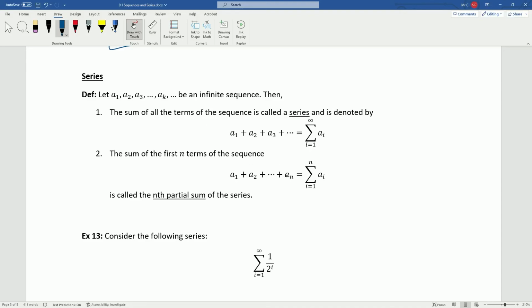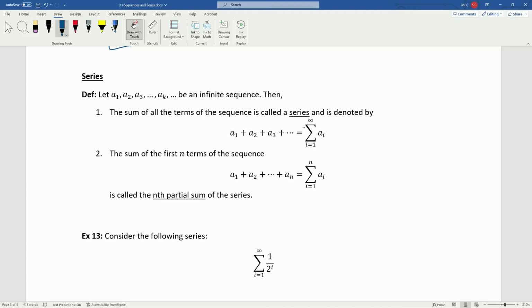So we've been dealing with this already. We were looking at summation notation, but this is just extra terminology. When we're thinking about this in terms of series, if we look at just adding the first n terms, we call that an nth partial sum. Now, here's something to consider. When I look at this sum to infinity,